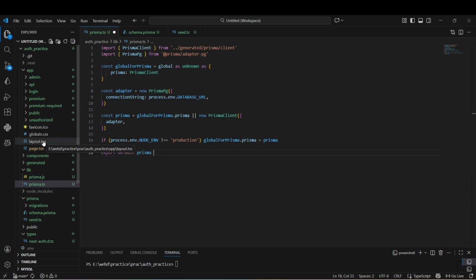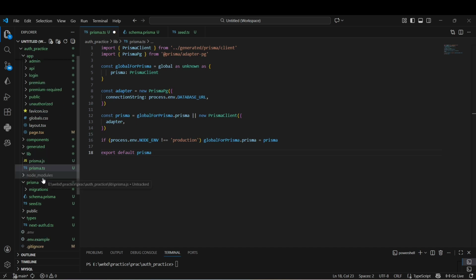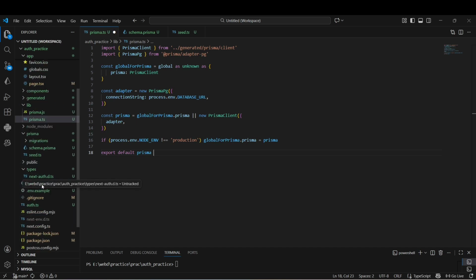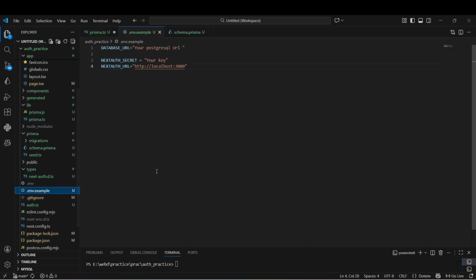env.env file where we have added all the secret keys. In database, you add your Postgres URL or whatever you want, Mongo URL. In NEXTAUTH_SECRET, you use your secret key, and in NEXTAUTH_URL, you use your base URL. Since right now I'm developing on localhost, I'm giving localhost 3000. After that,